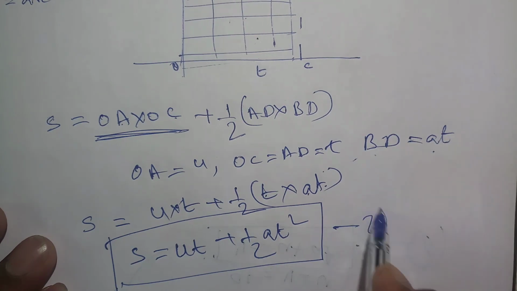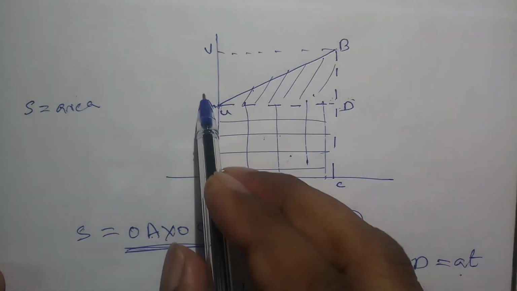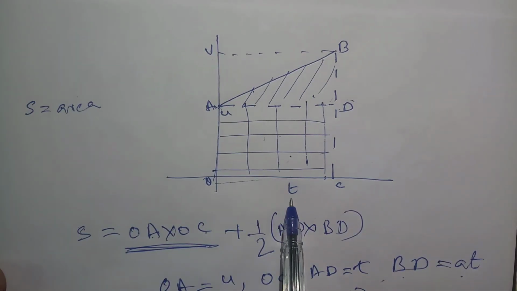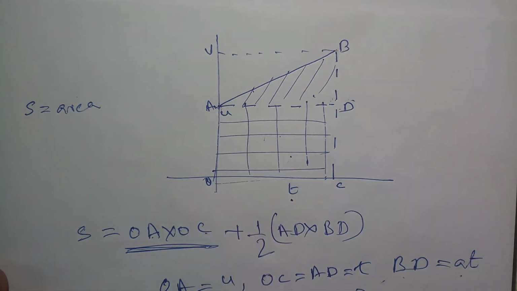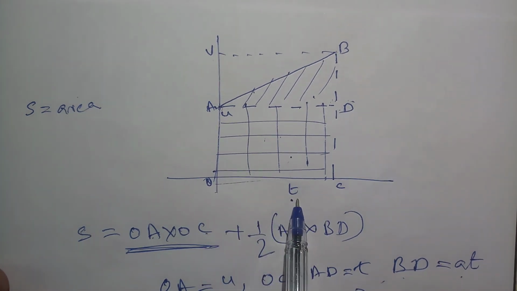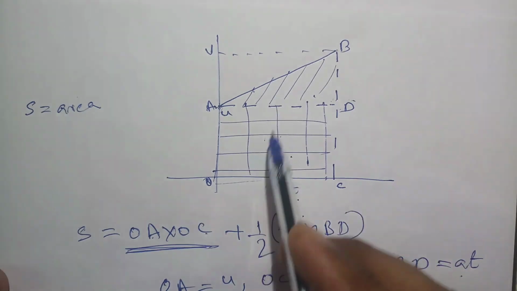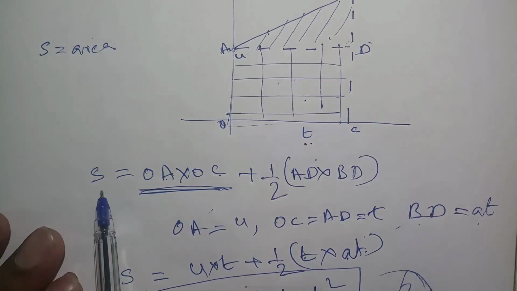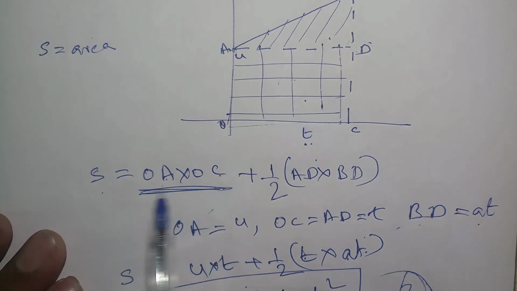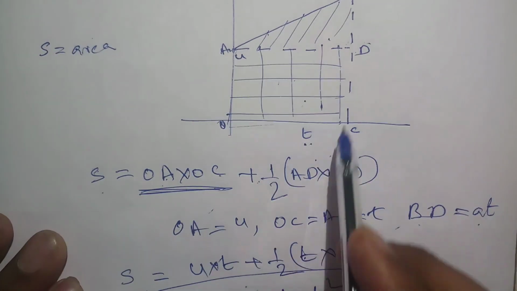This is the second equation. Once more we will think how we are getting the equation. We have the velocity time graph here, same as the previous graph. For your convenience I am drawing it once more. In this graph, the area under the graph will give the displacement. So to find the area of the total trapezium, I am cutting it into two parts, one triangle and one rectangle. The total displacement is the total area, that is the area of the rectangle plus the area of the triangle.